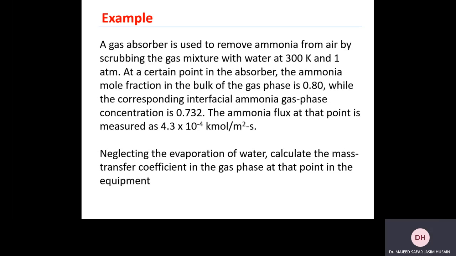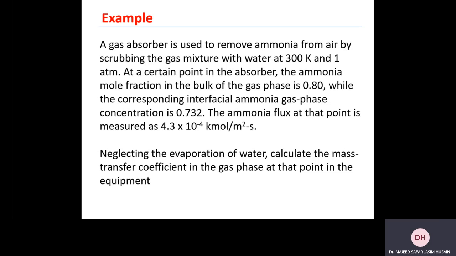So inlet to the gas absorber is basically ammonia and air, and also water. So you have 2 inlets, one is coming from top to bottom, and the other one is going from bottom to top. You should realize the one coming from top to bottom should be the liquid. So if you do and make this drawing,